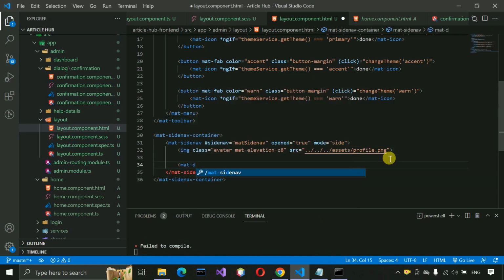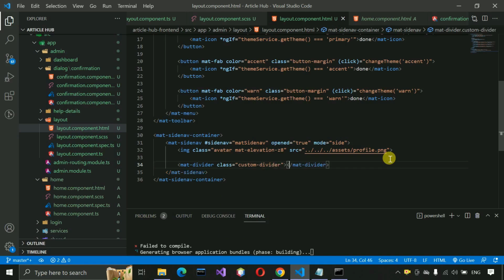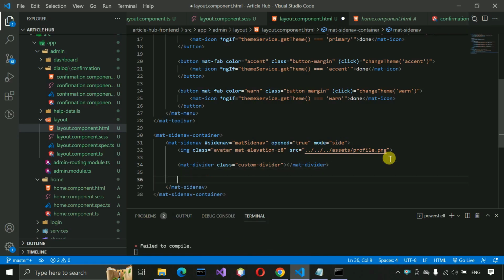It will divide, just put a line between buttons, so divider, and the class will be custom-divider we are going to use. Just close this one,